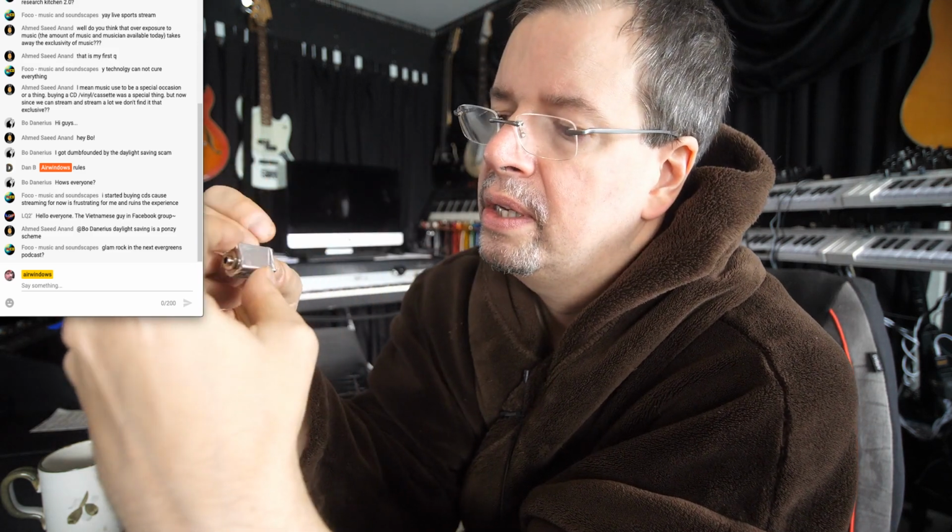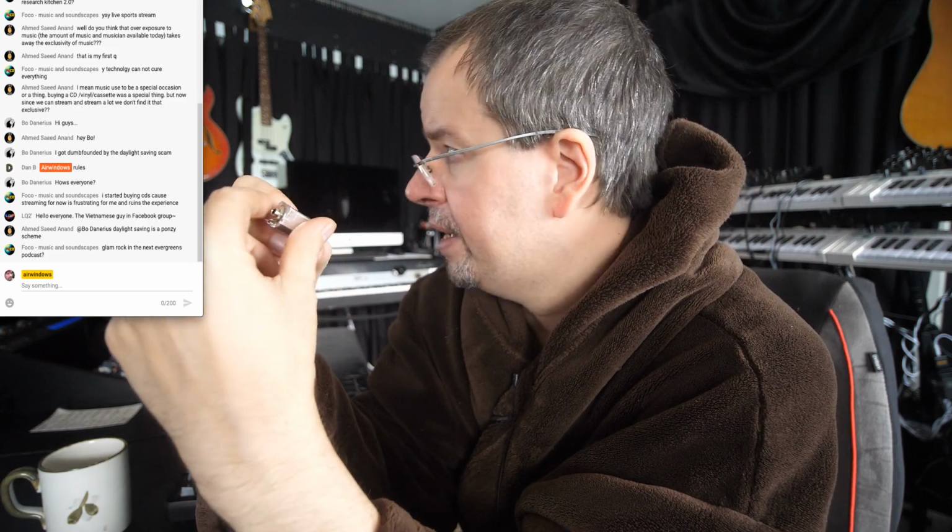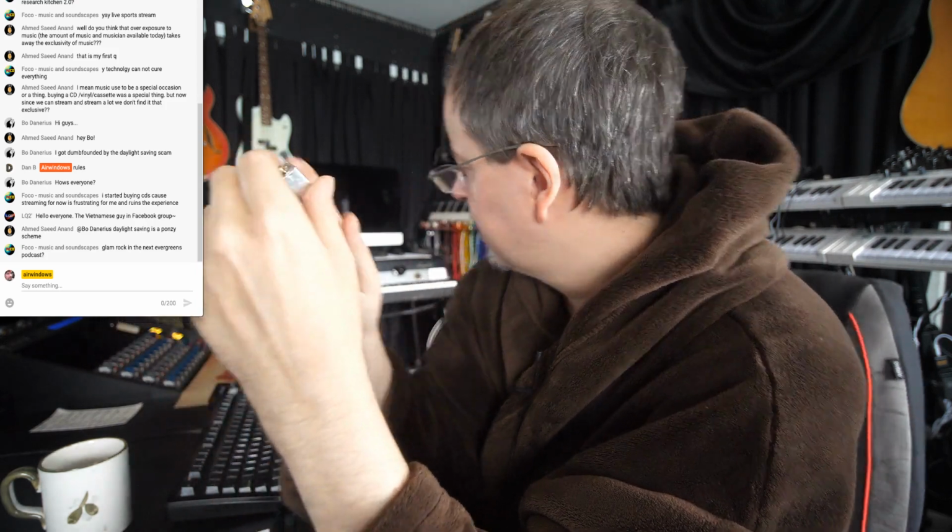Let's see, where are its blur settings? I can do a blur if I zoom in close enough. So what I've done is I've simply soldered the things together so that I can plug this into a synthesizer and then plug Eurorack cables into it. And that is very handy because it means I can do the Lyra